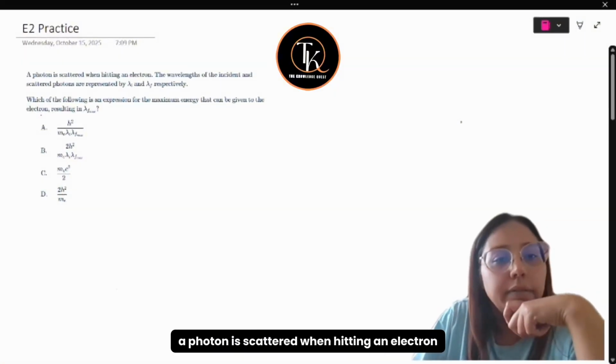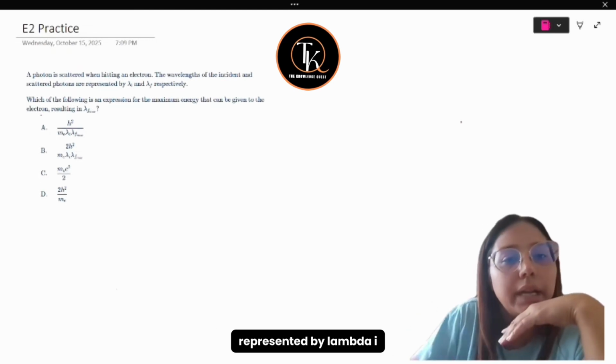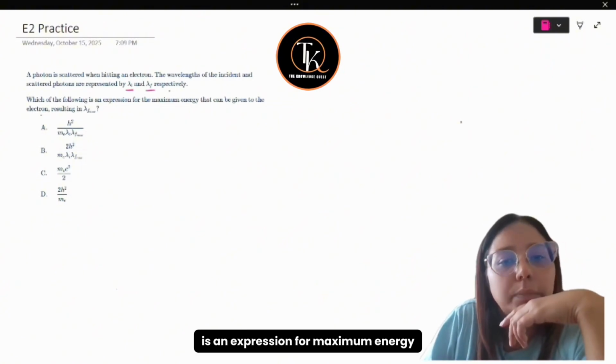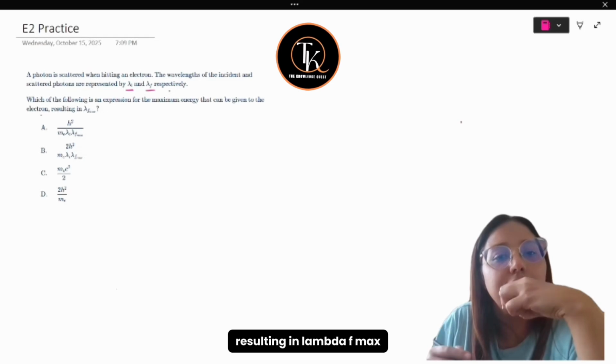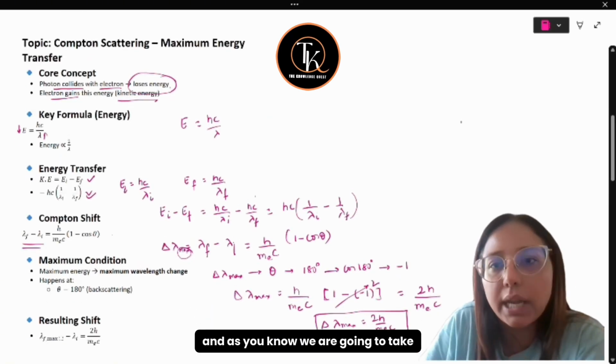The question says a photon is scattered when hitting an electron. The wavelength of the incident and the scattered photons are represented by lambda I and lambda F respectively. Which of the following is an expression for the maximum energy that can be given up to the electron, resulting in lambda F max? Now we are talking about the maximum energy, and as you know,